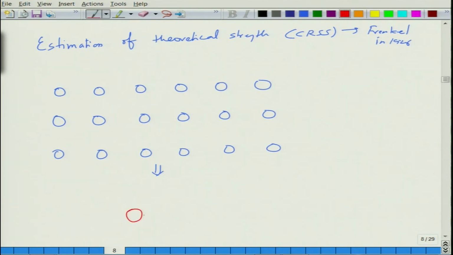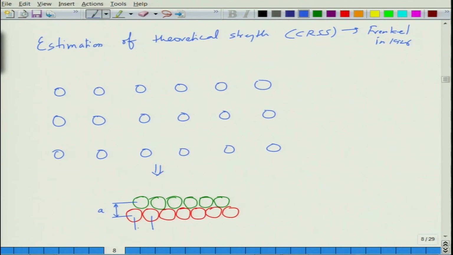We have the first row of atoms. They are touching in the sense that they actually do not touch because of electrostatic repulsion, but nevertheless, for the sake of convenience, let us consider that these are touching each other to the closest approximation. So, this is how you have a first row of atoms, then you have a second row of atoms, and the spacing between them, let us say, is this. Okay. Let us say this is B and this is A, and these are theoretical spacings.